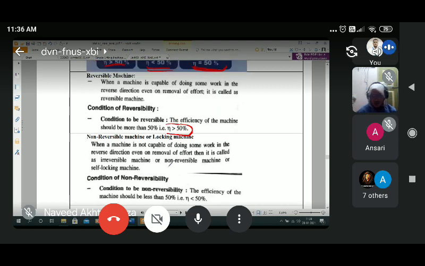Similarly, a non-reversible machine or locking machine is one that is not capable of doing some work in the reverse direction even on removal of effort. It is called an irreversible machine. So what is the condition of non-reversibility? The value of eta, or efficiency, should be less than 50%. Then only we can say that the machine is